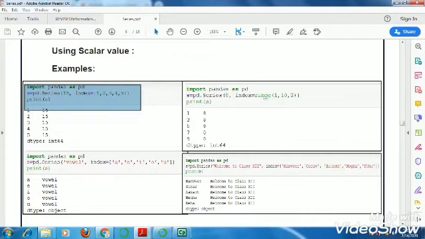Now you know the range function, it will start from 0 up to 10 and it will increase each value by 2. That means the step value is 2 here and it will go up to less than 10. So these are the ways to create a series using scalar value.